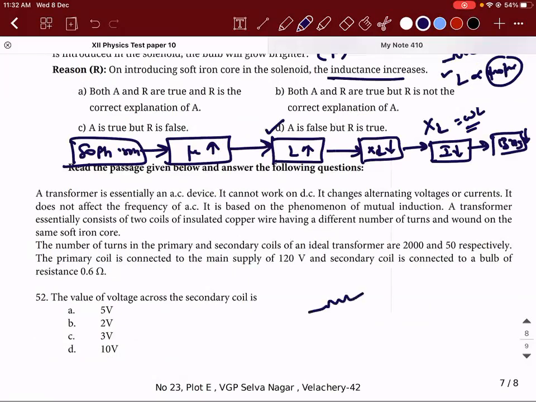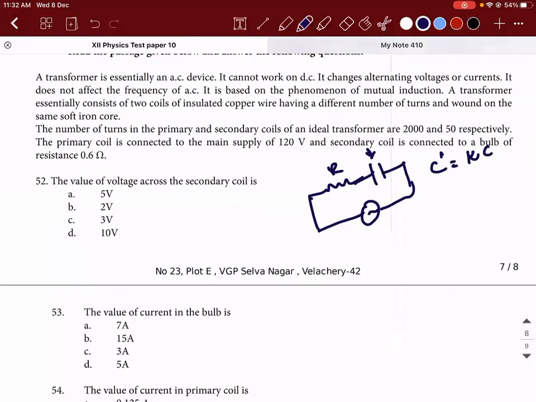Right? Suppose the question is about a resistor and a capacitor. Now, if a dielectric is introduced, what will happen to its capacitance? So C will be equal to K times the original, K times epsilon naught A by d. Generally the value of K is greater than 1, so its capacitance will increase. What will happen to its reactance? It decreases. When reactance decreases, what will happen to the current? It will increase.